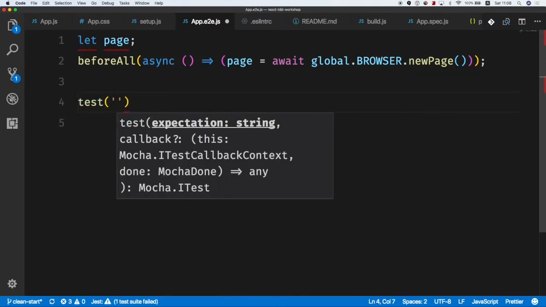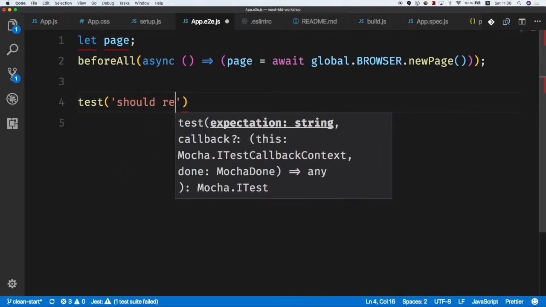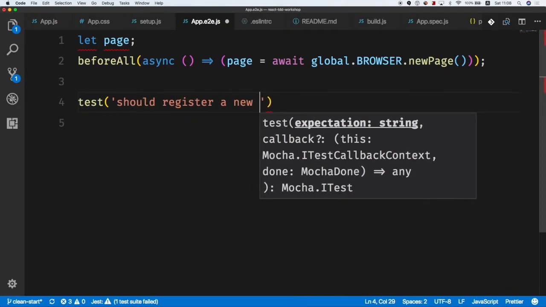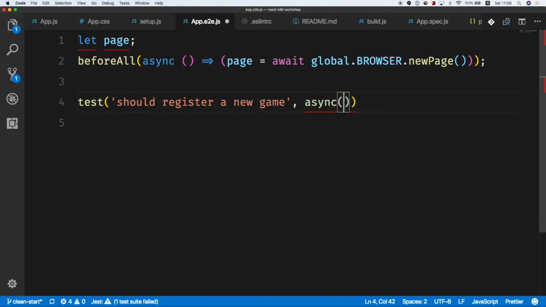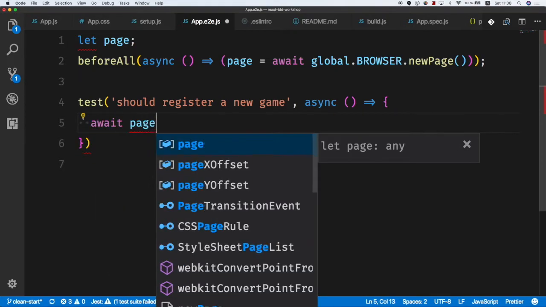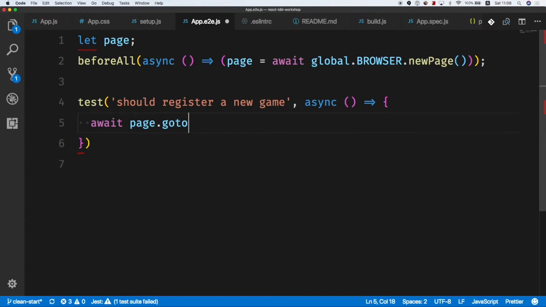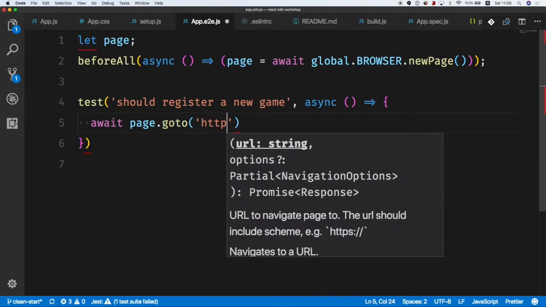And the first test will be really, as I said, baby steps. First, should register a new game. Okay? And in this test, I will take page and navigate. So page.goto, and I'm going to